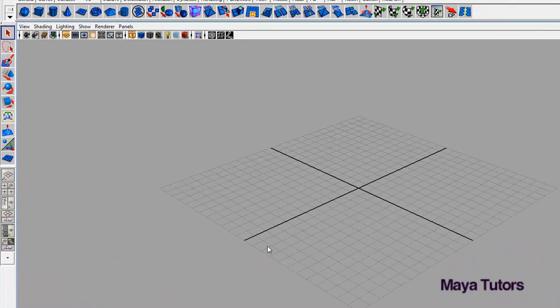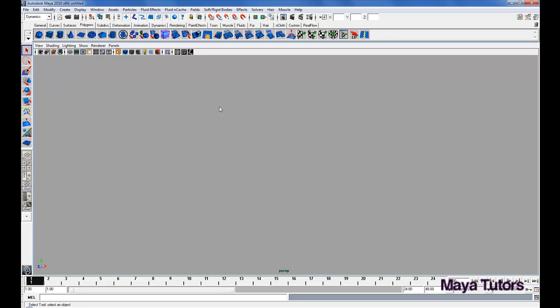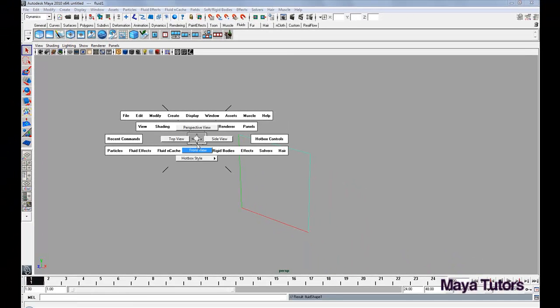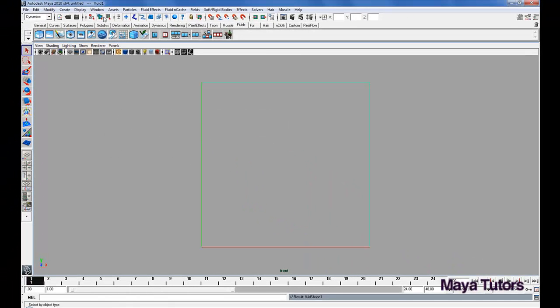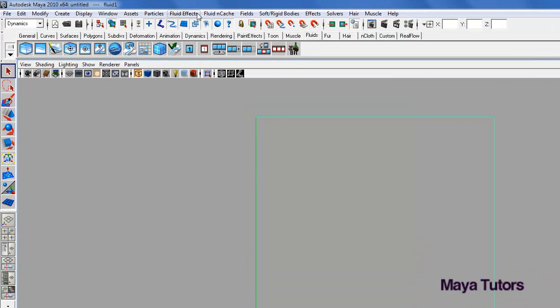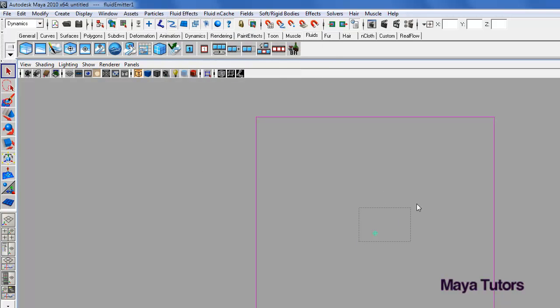Okay, so here's the basic scene. I've just got my grid turned off. I just think it's easier for previewing my fluids. So we're going to go to fluids. We're going to create 2D fluid container, and we're going to go to front view, and we're going to make sure that we're in the dynamics menu. Go to fluid effects, add edit contents. I'm going to add our emitter. I'm going to move that to the top. This emitter here is going to be emitting the fuel,